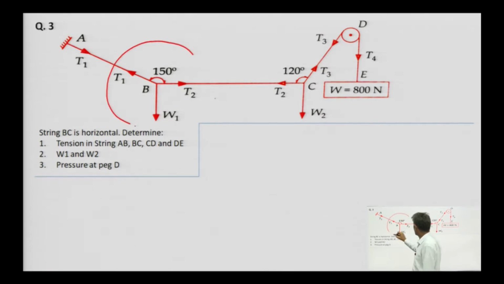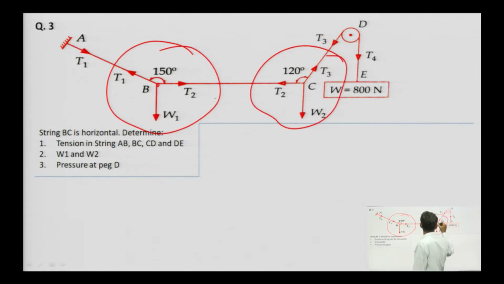The free body diagram at point B will be this, and the free body diagram at point C will be this. In this question, it is given that string BC is horizontal, and we need to determine the value of tension. Tension in AB means T1, tension in BC means T2, tension in CD means T3, and tension in DE. We need to find out the values of W1 and W2 also,